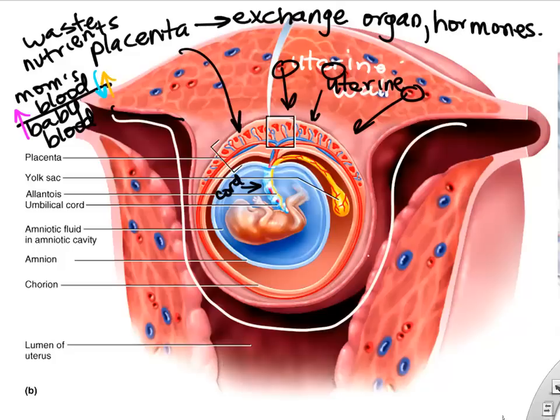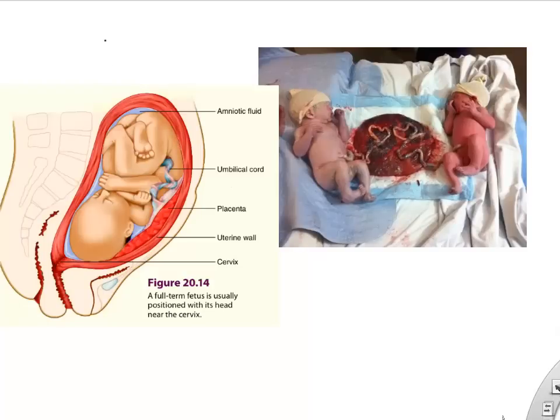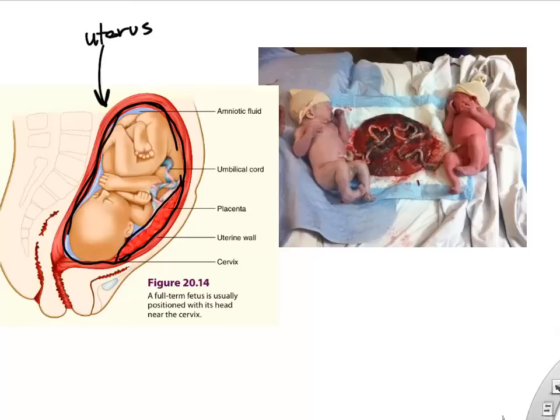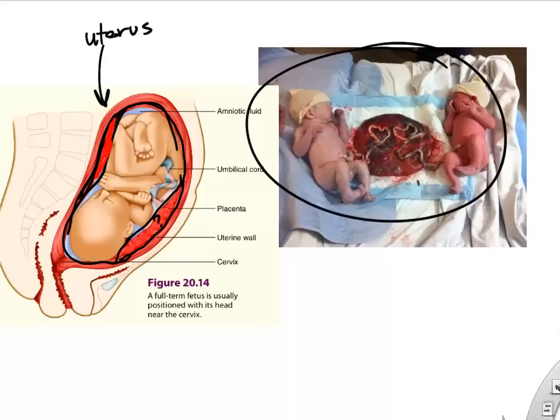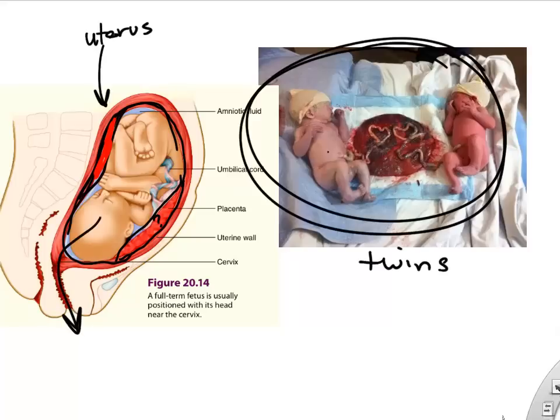So again, imagine that little thing is growing and developing inside the wall of the uterus. And I just showed some pictures here. There's the baby that's almost full term inside the uterus. I think usually the placenta is more on the posterior wall, but you can also see these twins over here with the placenta still connected to the umbilical cord. So remember, the umbilical cord carries blood to and from the placenta. And of course, the mom sends her own blood from the uterus to the placenta as well. So you can see the two cords for these twins that are connected up to the same placenta.